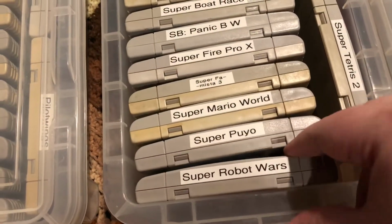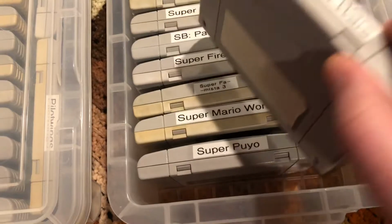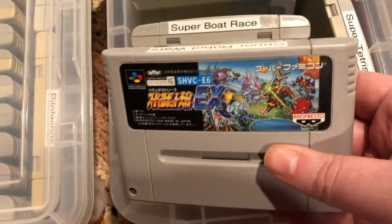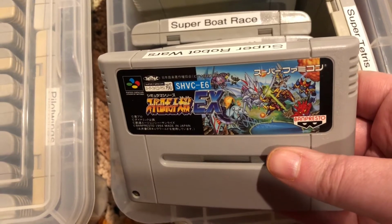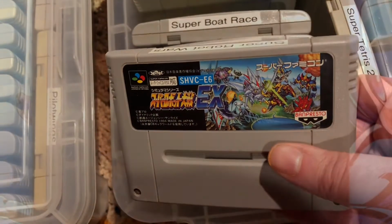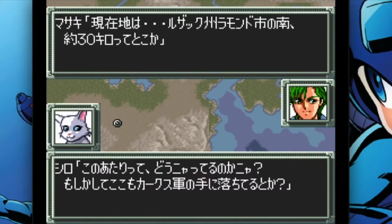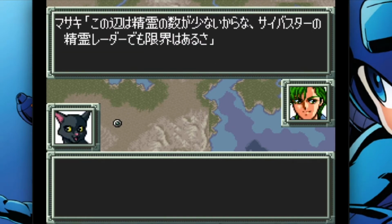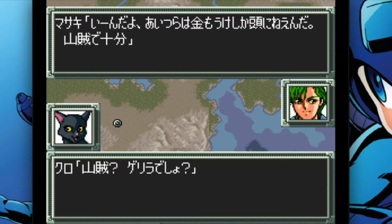Number 8 is Super Robot Wars Tizen EX, and I admit if I knew Japanese, this would probably be more fun, but even so, this game turns out to not be in my wheelhouse at all. Now, this is a game that would have benefited from controls like a mech where you have a giant robot and you do battle with other giant robots, but no, it turns out to be a tactical turn-based game